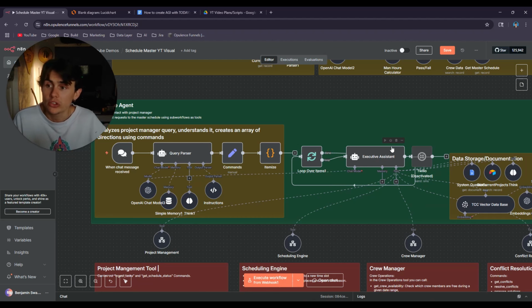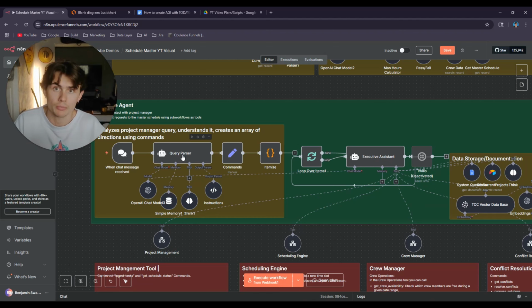It was just a lot for it. So instead, I broke up that process right there. The first agent that the message gets sent to is actually the query parser. And this agent's entire job is to understand the intent behind the query and then create a list of commands or steps that the executive assistant simply needs to follow. Basically, a list of tool calls that it needs to follow.